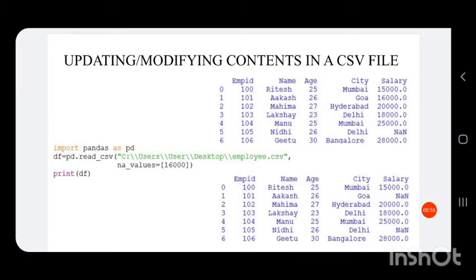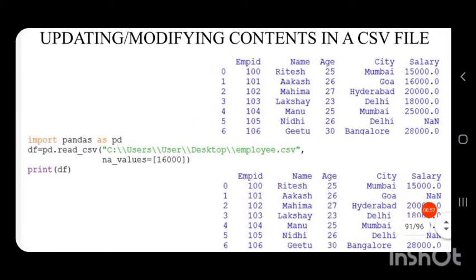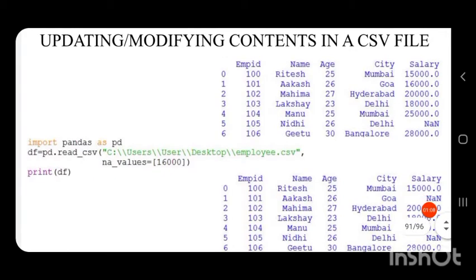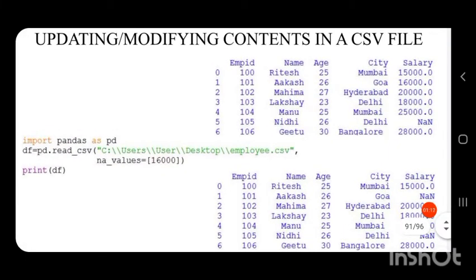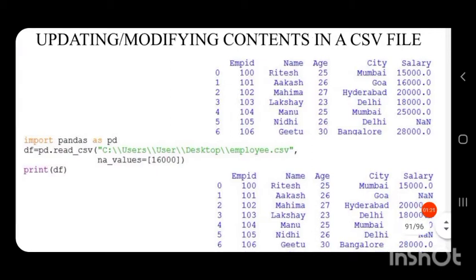We have to modify the contents of a particular cell by using a nan value. We are replacing the content of a cell by a nan value.